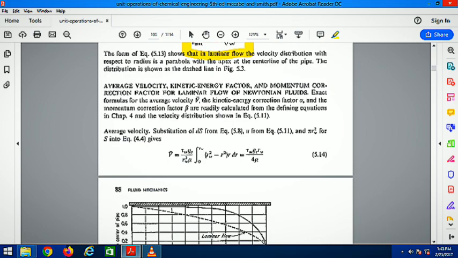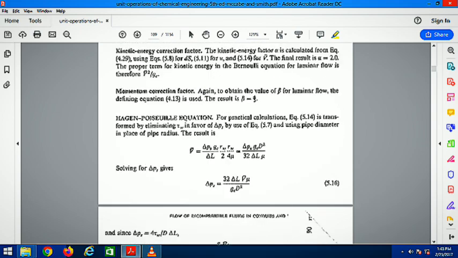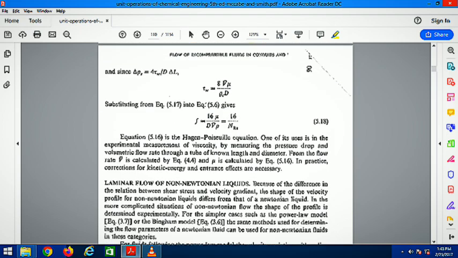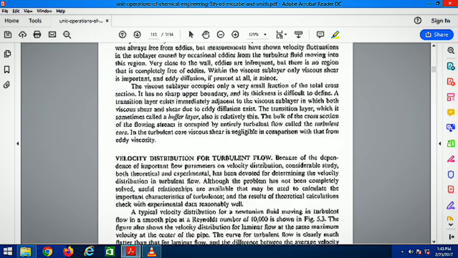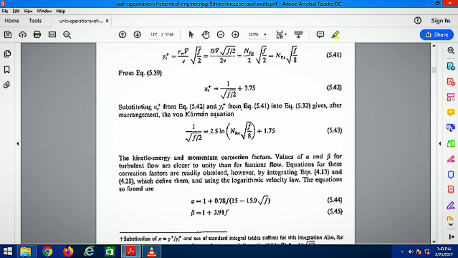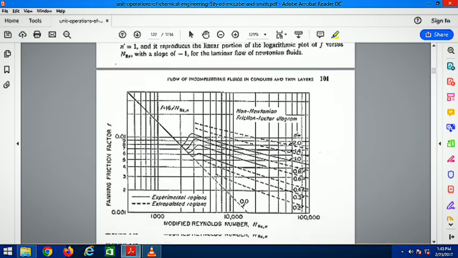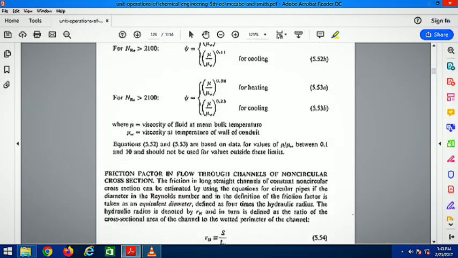Next, this is one of the important correlations and the most important equation, the Hagen-Poiseuille equation, which is this equation. We must learn this equation also. It's mostly used in many questions, and also f comes out to be 16 by N_Re from using the Hagen-Poiseuille equation. Next, we quickly move on to the next chapter,